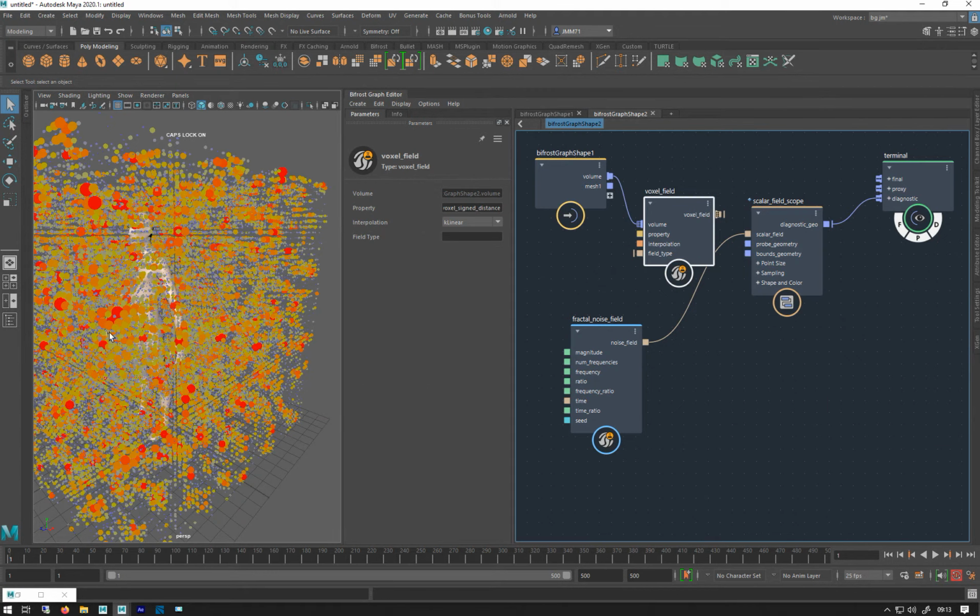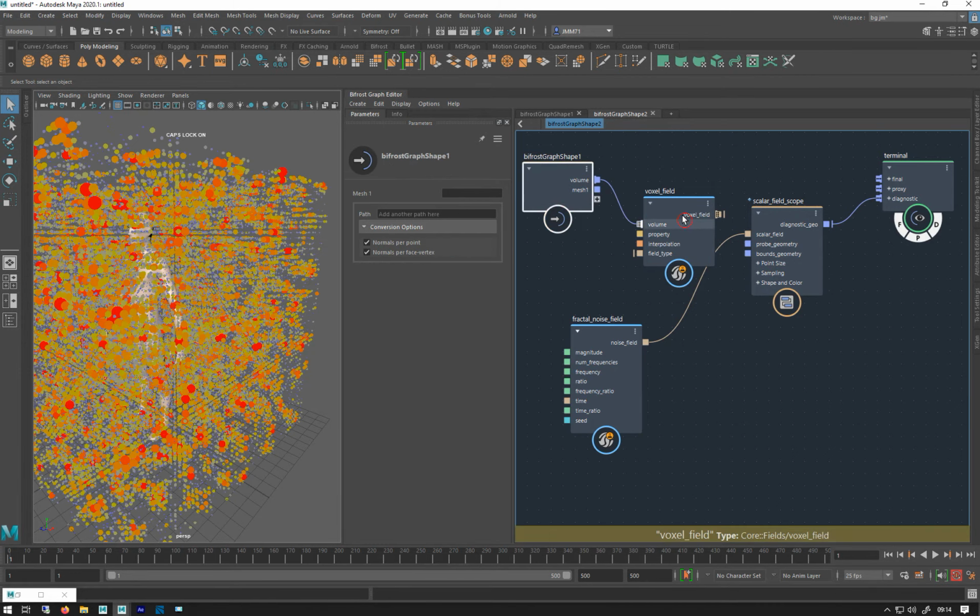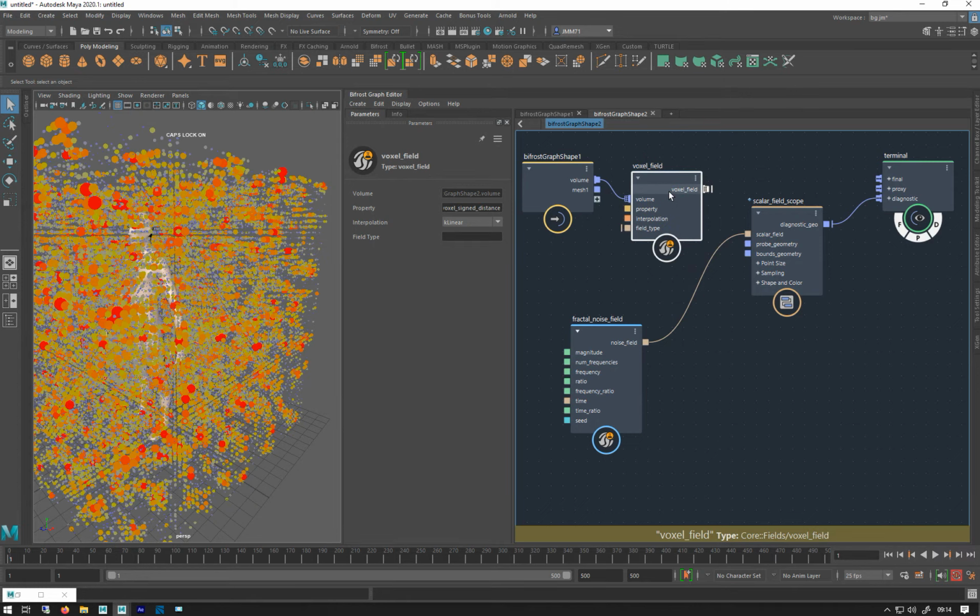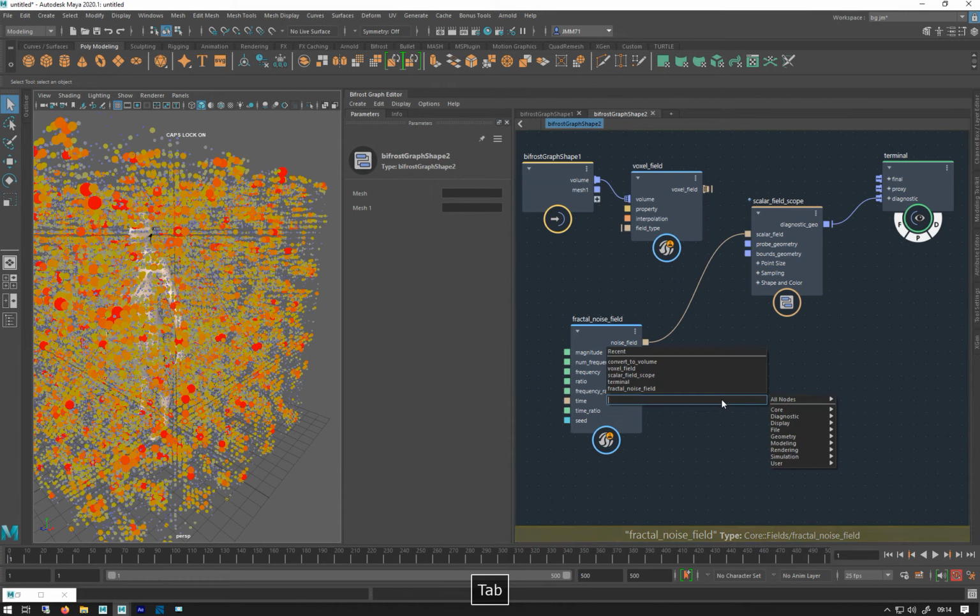So I've got my voxel field, which is a gradient going from 0 and getting bigger and bigger as it goes away from the object. And I've just got this general noise field. Now, I want to make this not just a value, and this one not just a value. I want to make them into vectors. So if I make a gradient field,